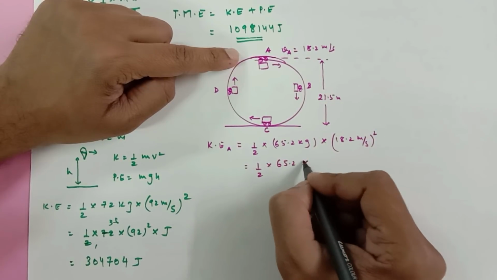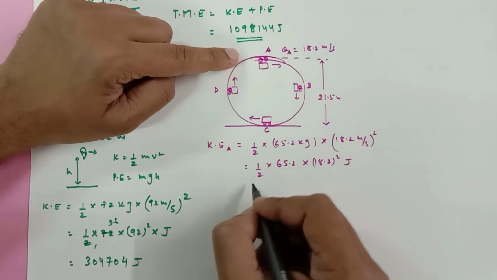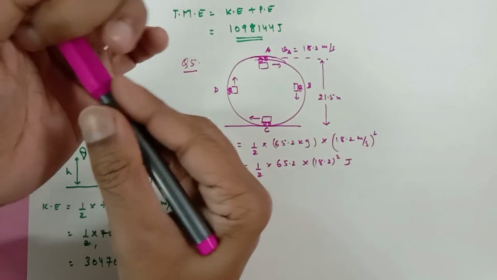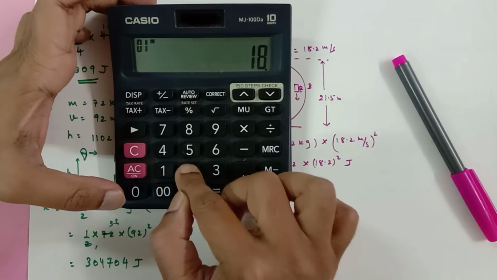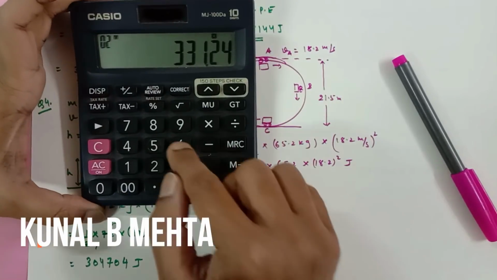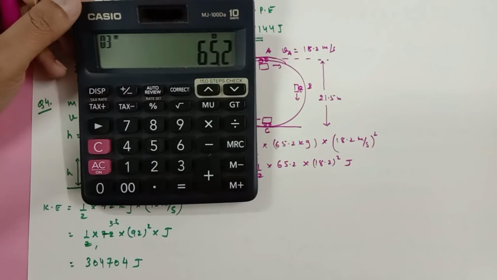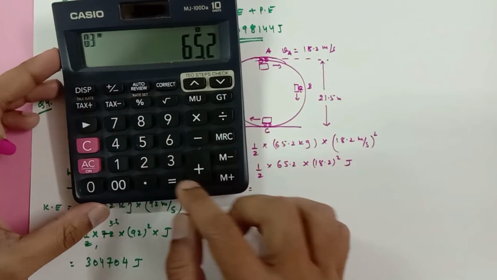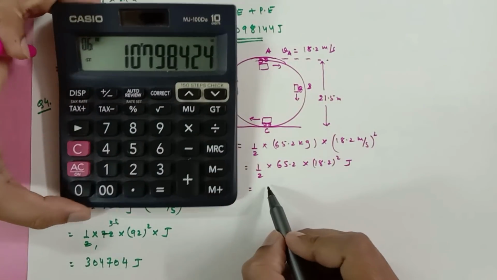So 65.2 into 18.2 the whole square, kg meter square upon second square is joule. So if I solve this, 18.2 multiplied by 18.2 multiplied by 65.2 and divided by 2, so my answer is going to be